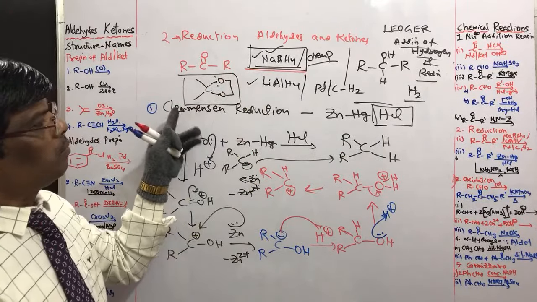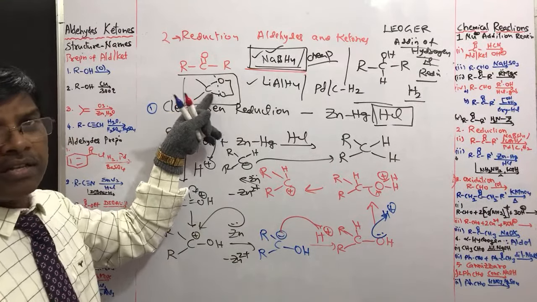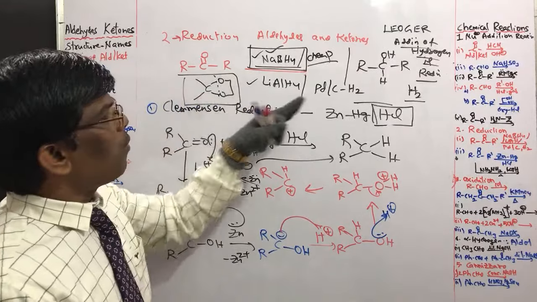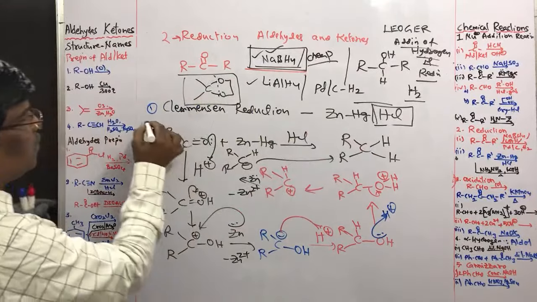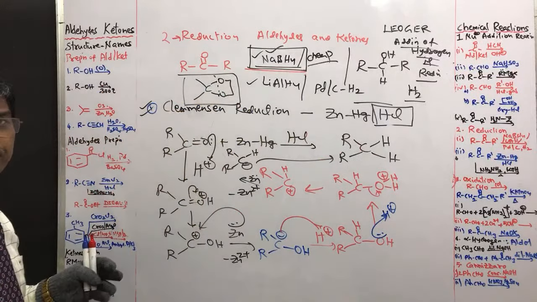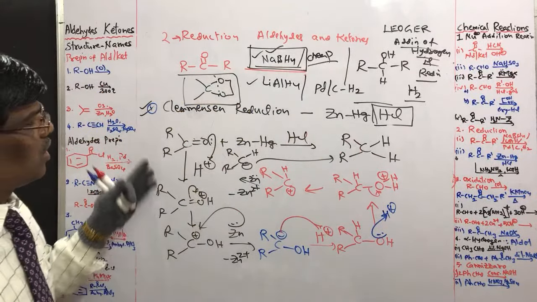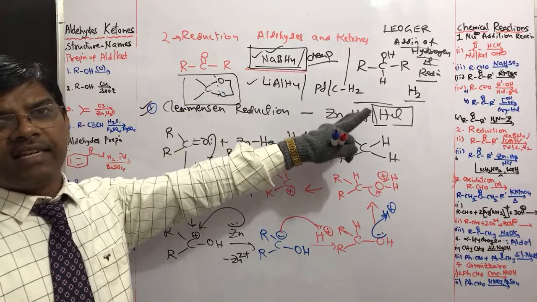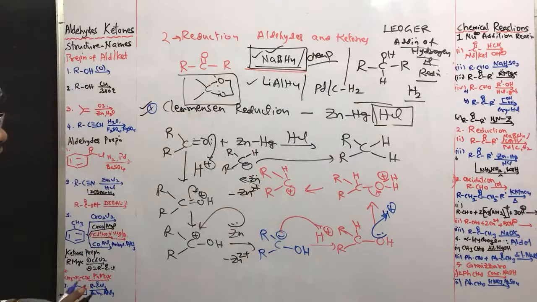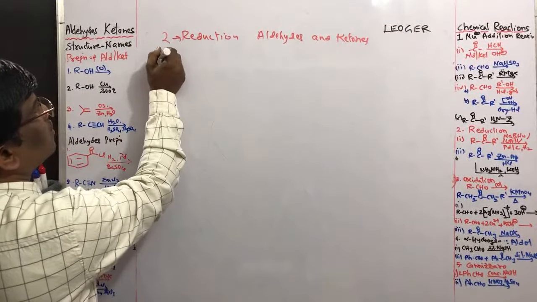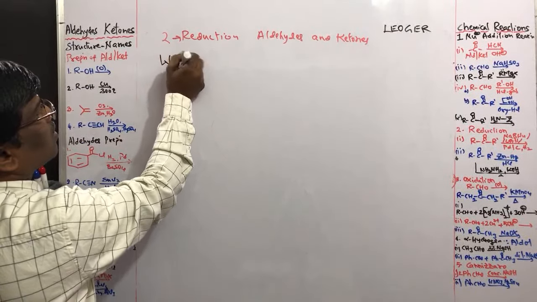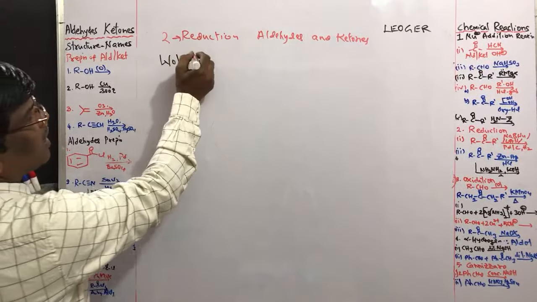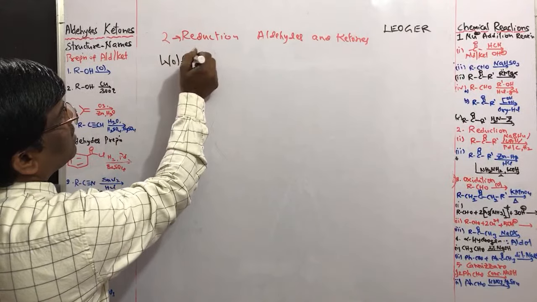Yes, students. So please concentrate on this type of key points. When the compound has an acid labile group, that compound is not useful in the Clemmensen reduction reaction. Right? So Clemmensen reduction is not useful for compounds which have acid labile groups. Next, in Clemmensen reduction we have used acid. So to overcome that acid labile group cleavage,